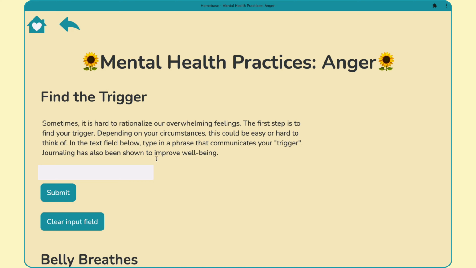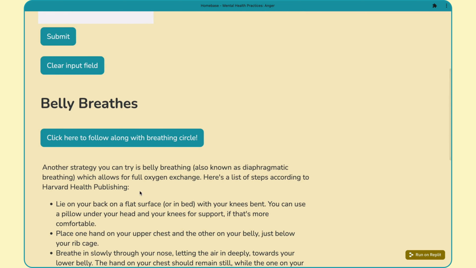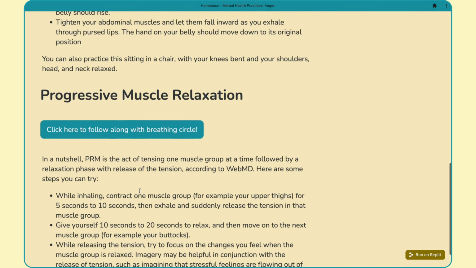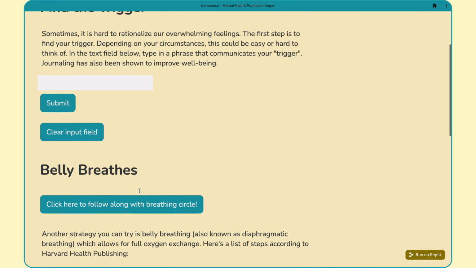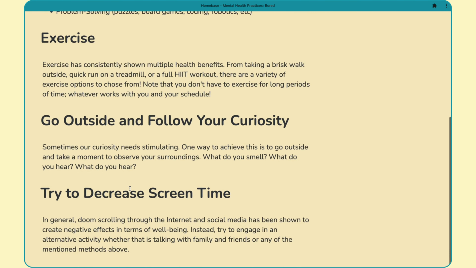When I click on the Angry button, I see another similar page, along with a text field to type anger triggers and more instructions on different breathing techniques. When I click on the Bored button, I find 4 mental health practices for the current feeling,